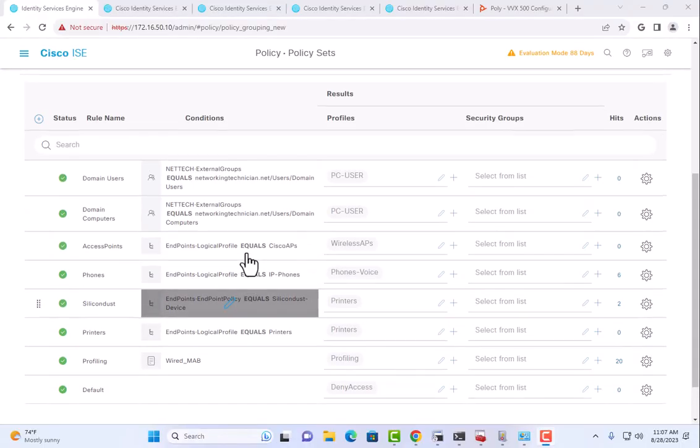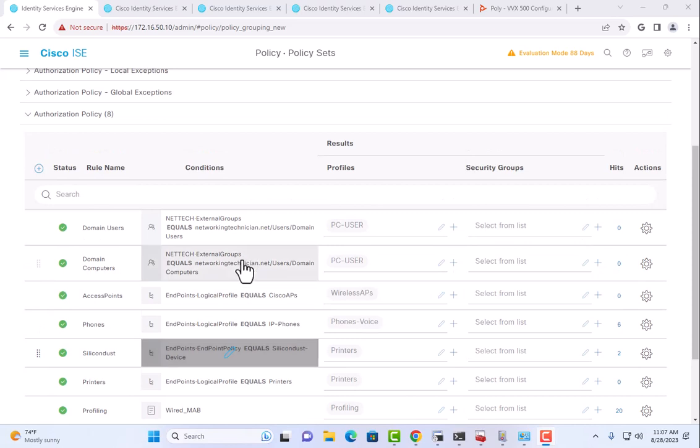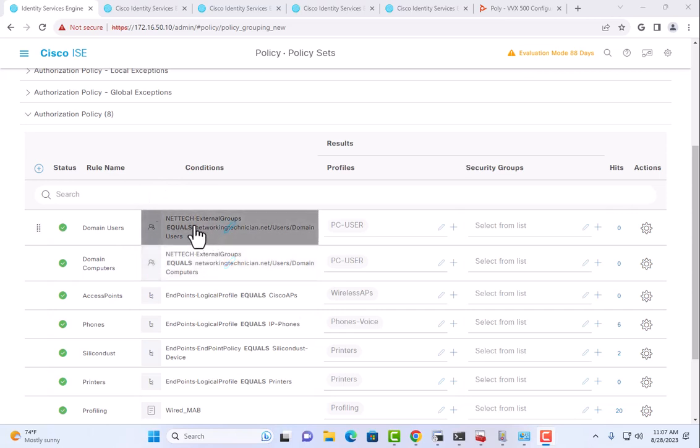So now we should be able to move on to our actual .1x authenticated PCs and users, our top two rules we created here. And I know for a fact, before we get started on that, there are some changes we need to make for it to work. I believe by default user authentication would work just fine, but I don't believe the certificate